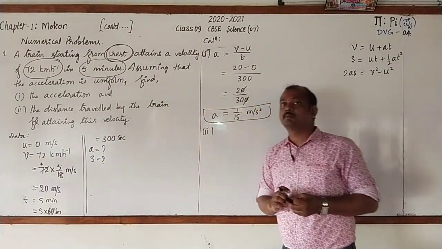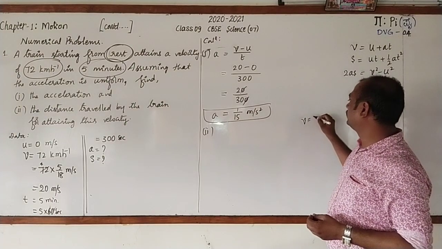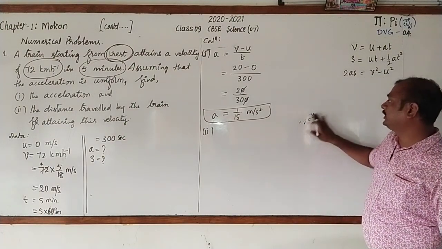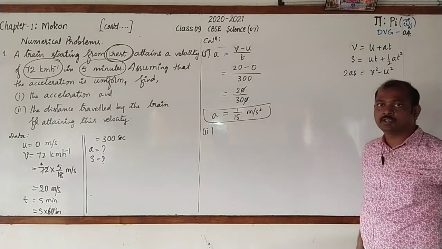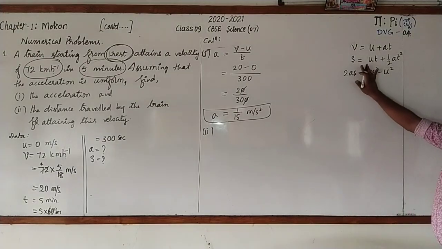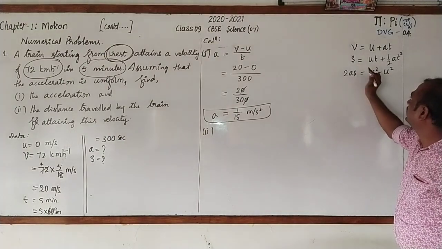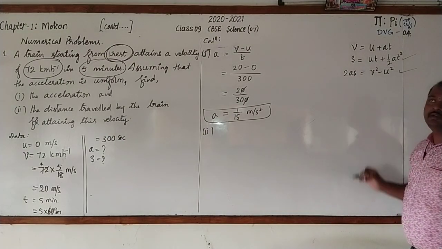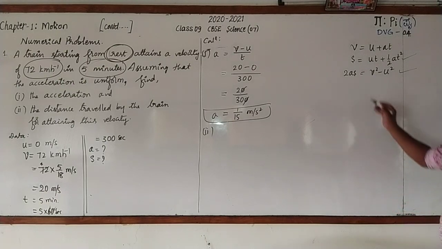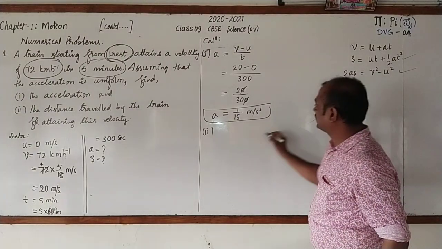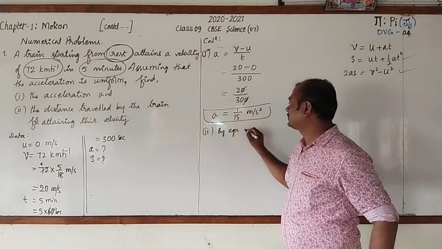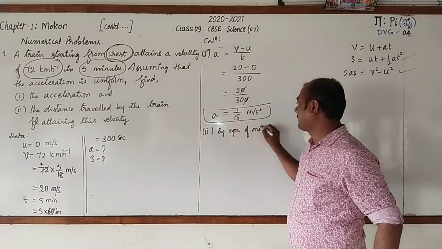What is the distance formula? We have V equal to d by t or d equal to V into t. But here initial and final velocity both are given. Hence, you need to go for using the equations. For distance, you can go for using either second equation or third equation, whichever you want. I will go for taking the third equation. Will be easier. In third equation, you can write by equation of motion.